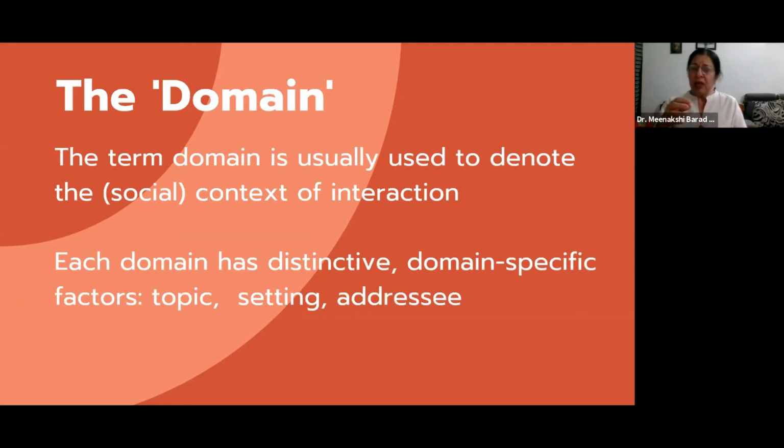So now, for example, take one very common domain of language use, that is the home. Domains are named usually for a place or an activity in it. Home then is the place, and then the role relationships include the members of the family and visitors. So there are a suitable set of topics such as activities of the family, news about family members, meals, and the household. And so a particular variety of language is appropriate to the domain.